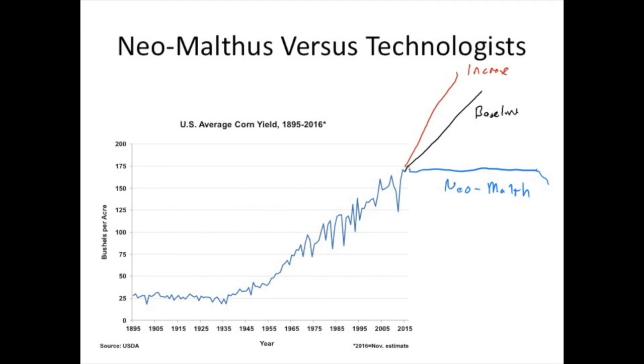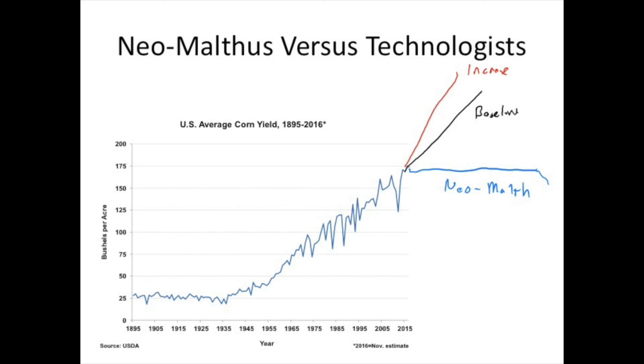On the other hand, Neo-Malthus believe that we are eventually going to run out of trend increases. That could be because the plant has reached its maximum yield potential, which most agronomists would say there is a maximum potential out there. So we reached that. Either that or climate change is going to make the environment worse, and then we're going to see stable to maybe decreasing yields. So those are sort of the views viewing forward.